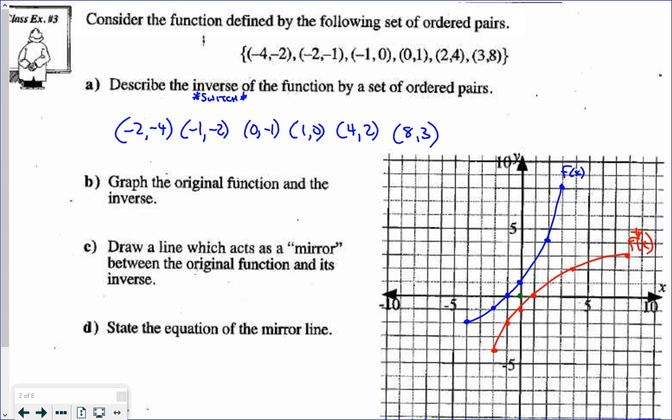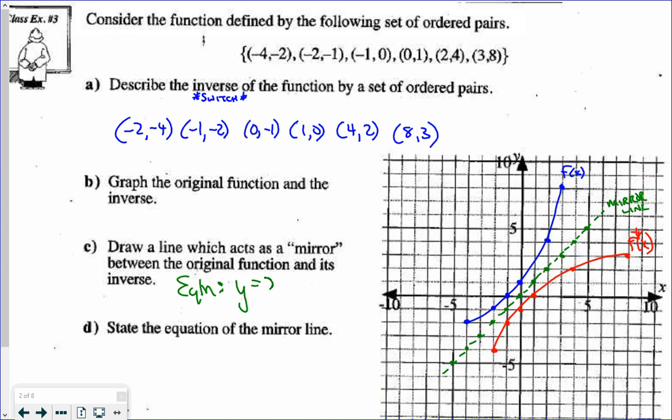So 0, 0, 1, 1, 2, 2, 3, 3, 4, 4, 5, 5, -1, -1, -2, -2, -3, -3, and so on. So if I put this as a dotted line, that is referred to as my mirror line. Or in other words, if I were to reflect, or flip the blue line over that, it would lie exactly on the red line. The mirror line has the equation